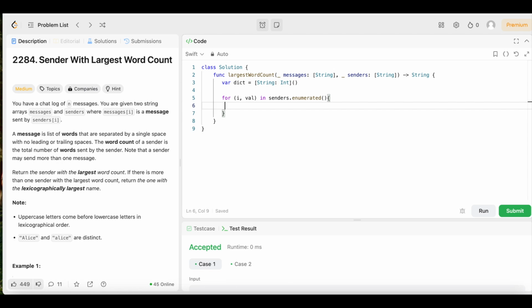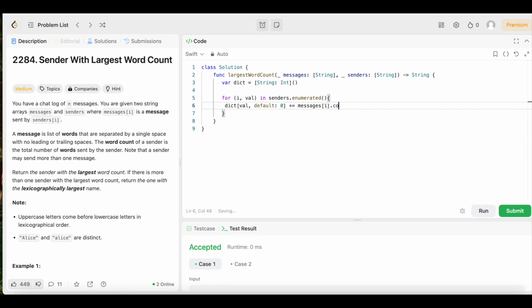Then we're going to open up the brackets, and now we need to count the number of words in the current message and add to the sender's total. For that, we're just going to say dic square bracket val, comma, default, colon, 0. Then we're going to come outside of that, and we're going to say plus equals messages, square bracket, i,